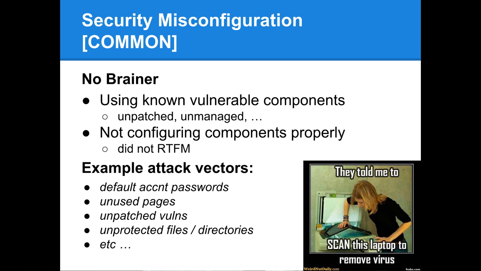Some example attack vectors include attackers being able to get in through default account usernames and passwords, being able to access unused pages of the website, being able to attack unpatched vulnerabilities, being able to access unprotected files and directories, which is related to the next topic,